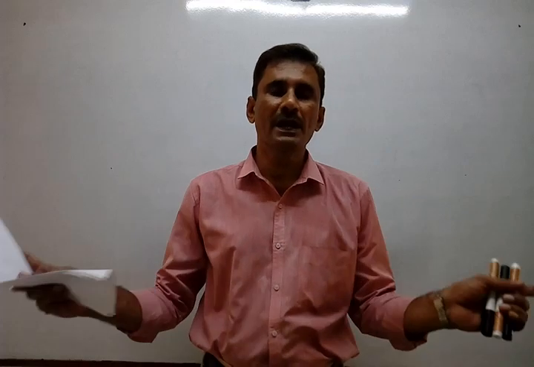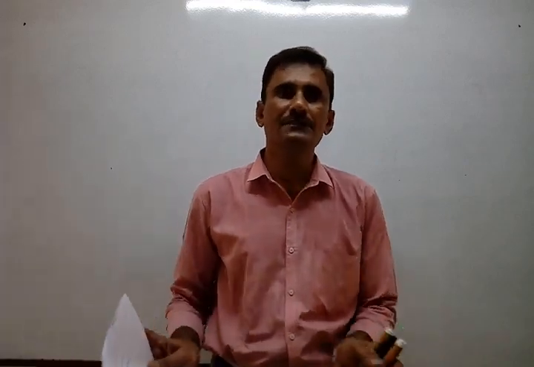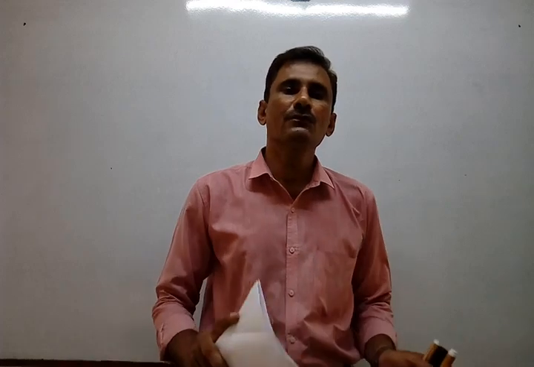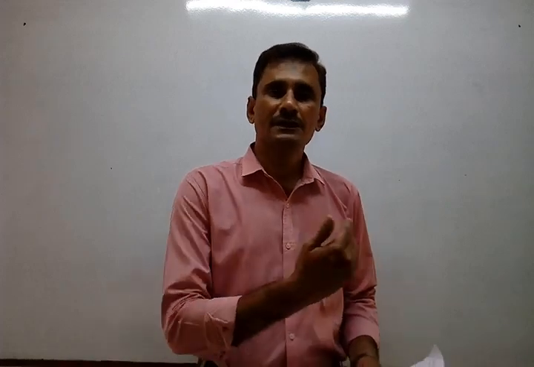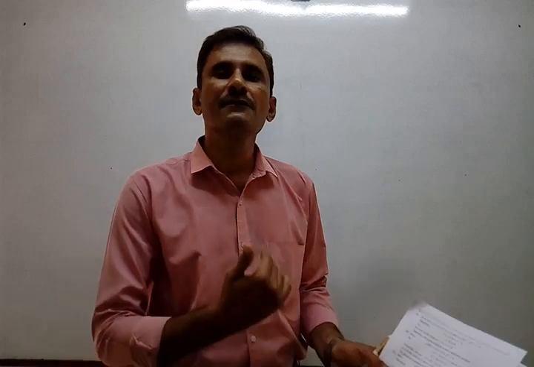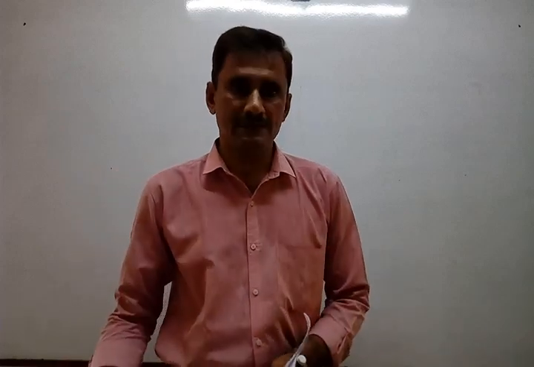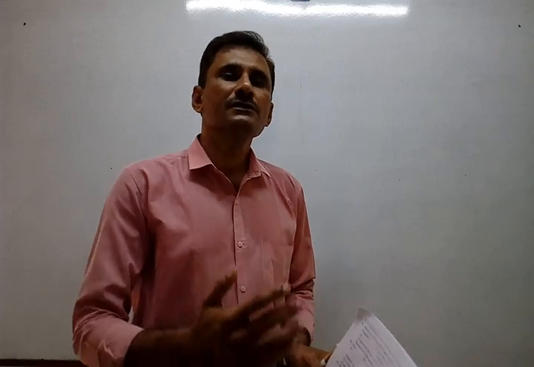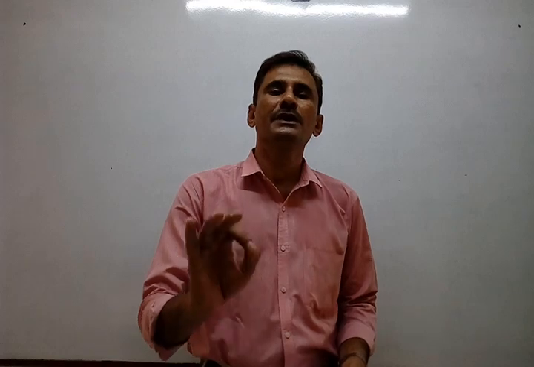I also solve a few sums here as a specimen. In all those sums, we first of all simplify whatever is given. Whether whole square, whole cube, or two brackets are given, we remove all brackets, meaning we expand. After expanding, we shift all terms towards one side, mostly the left side, so that the equation we get is in standard form. After getting standard form, you can decide whether it is quadratic or not.